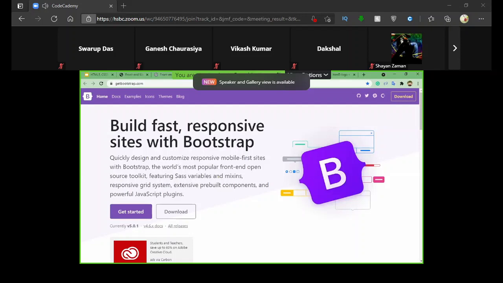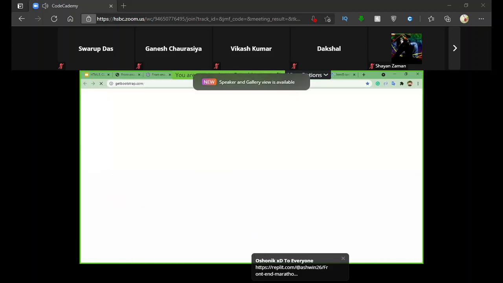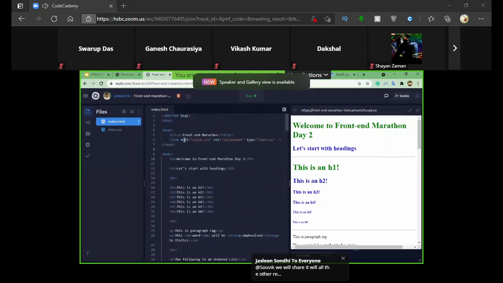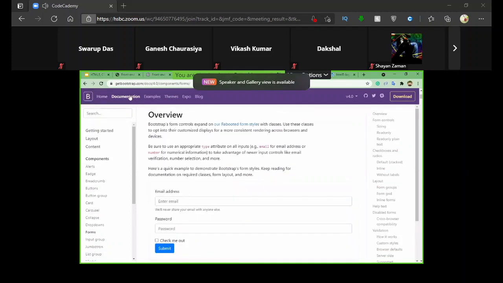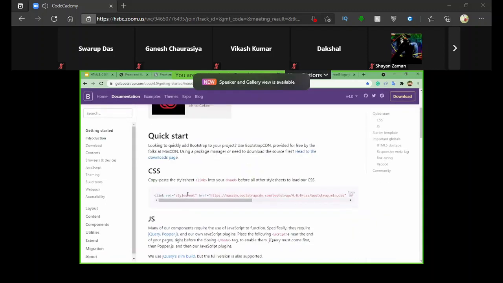So to add Bootstrap, just like how we were adding the CSS inside our HTML part, we used something called link tag inside the header tag, right? So also we have to add Bootstrap. As you can see, if we try to copy this CSS link and add it on our website, we can use the properties that we have in Bootstrap framework directly.